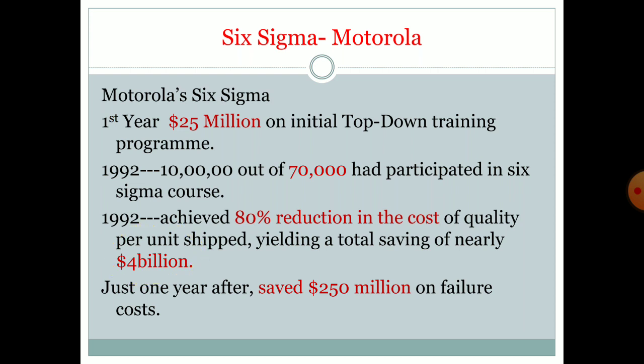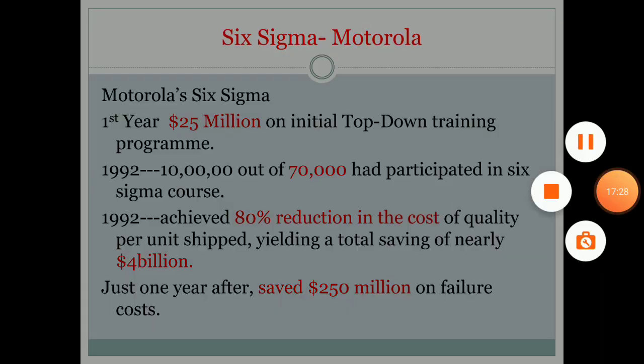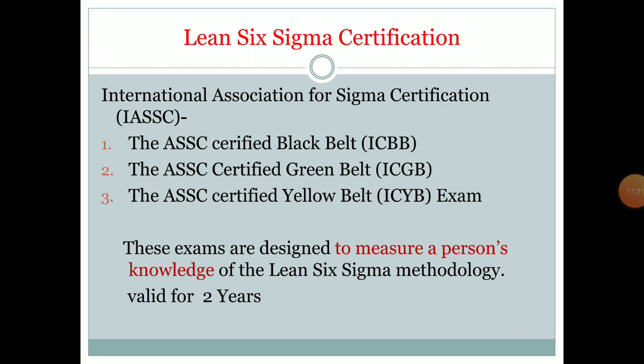So any company can implement this Six Sigma and reduce defects and variation in the process and product, and if you reduce variation, we can save the amount involved in rework and rejection, and we go for the highest qualified system. There are different international standard certifications for Six Sigma. Most famously it is called a black belt, green belt, yellow belt. These are the different levels depending upon a person's knowledge of the Six Sigma methodology, and these different certifications are provided.